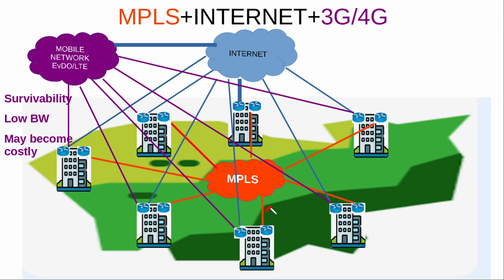So you had MPLS as the primary link, fiber-based internet as your secondary link, and wireless internet through mobile network carriers as a third link. You must make sure to use this link with care because it can become costly. Remember that carriers will charge you per megabyte that you transmit. So make sure that you use these links only for survivability